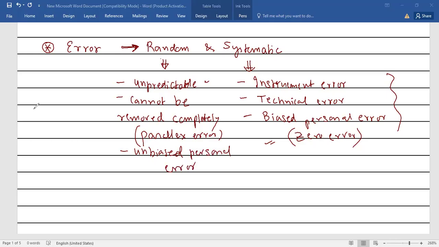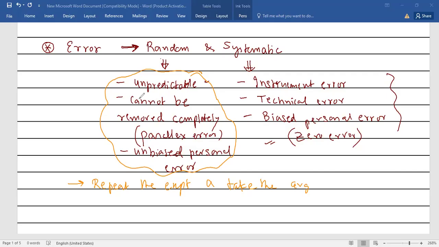Now we have to calculate the error due to random error. To reduce the random error, it is always suggested to repeat the experiments as many times as possible, and then you take the average. When you take the average, the error that we get is reduced. But obviously it is not nullified.